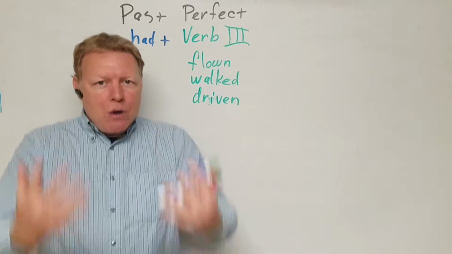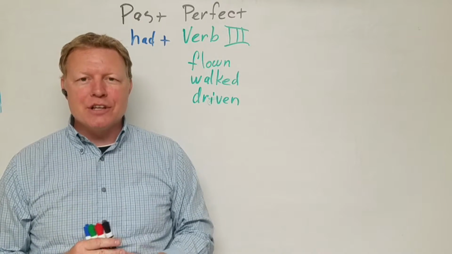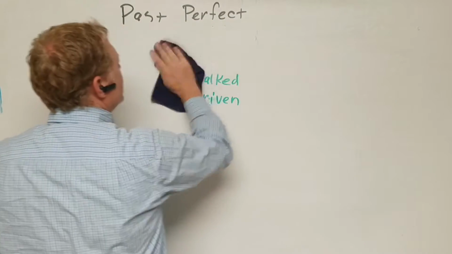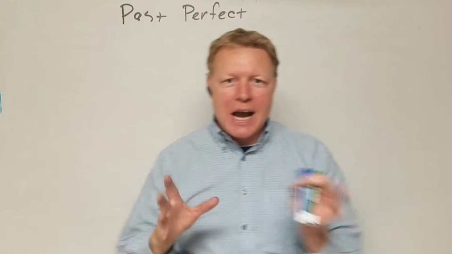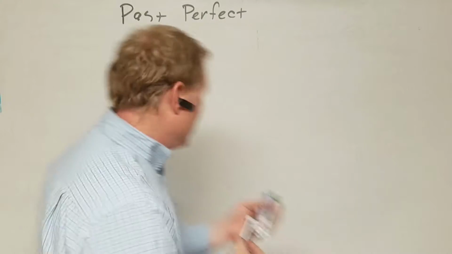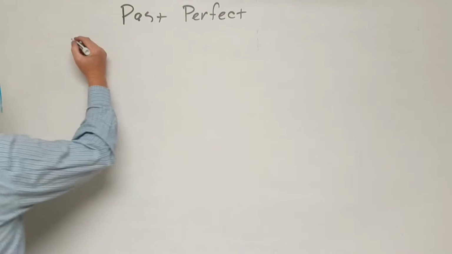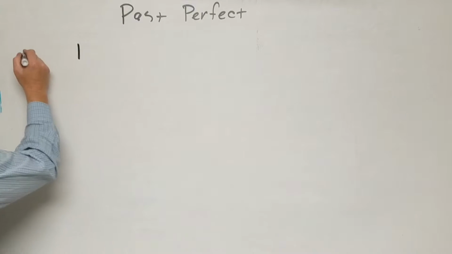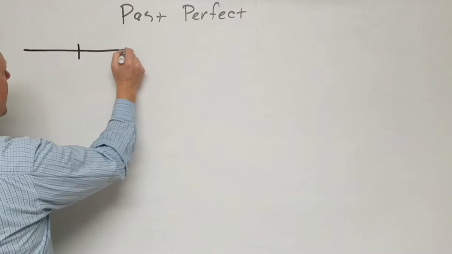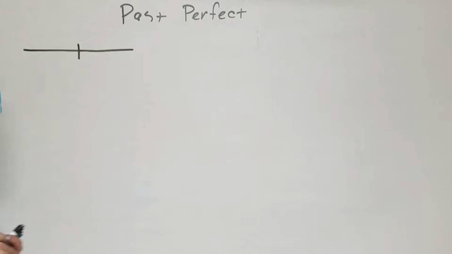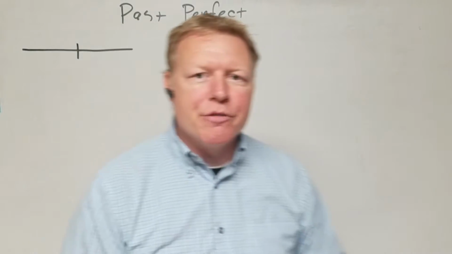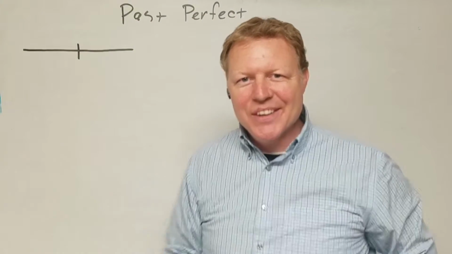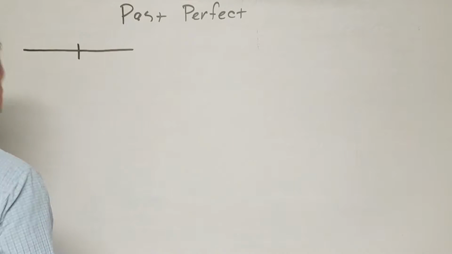So now let's talk about how do we use the past perfect. Let's explore. How do we use the past perfect? Well, we're going to start with a timeline. Okay, remember our timeline. This is now. And here is the past, and we're going into the future. So let's think of the past perfect as the past in the past. Okay? So we're going to call this